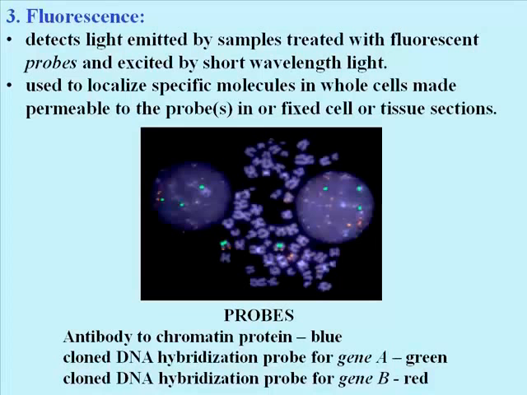In this example, the specimens on the slide on the microscope were actually exposed to 3 different probes, each attached to a dye that fluoresced a different color when excited by UV light. The blue fluorescence comes from a probe that detects chromatin proteins, that is, proteins attached to DNA in chromosomes. The green and red dyes come from 2 probes that are detecting 2 different genes, 2 actual genes